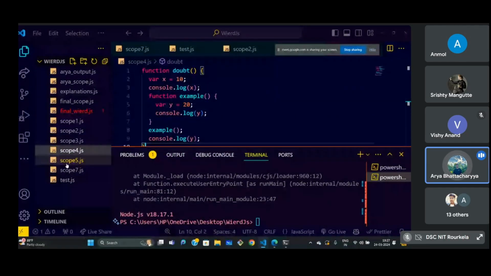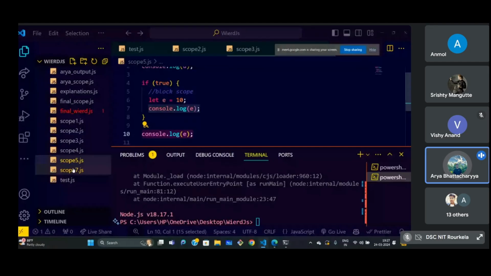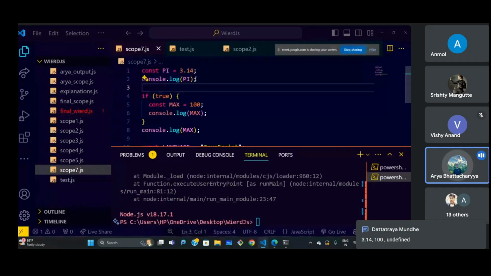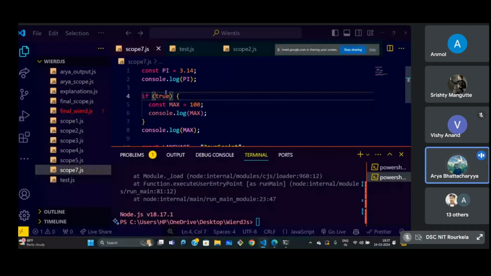So these 4 and 5 are very important questions, based on what is asked in interviews. And this const one you can also give a try, but it is not very well tested in interviews because it's a very easy question. If I access pi inside or outside, this will also be 3.4 because I defined it as 3.4. If I put the console.log above and then access pi, that will be a reference error, as I have explained this concept before.